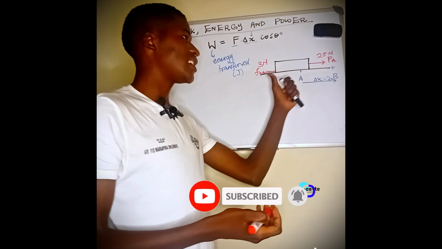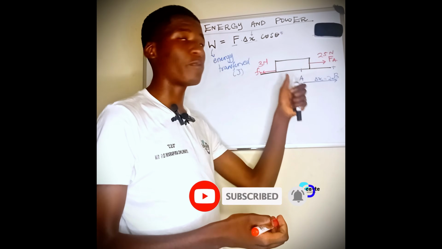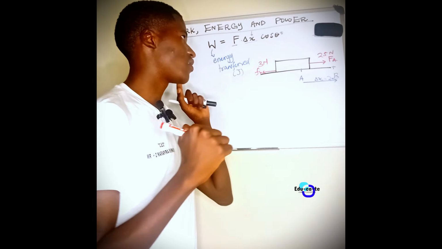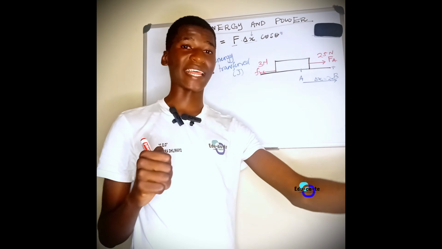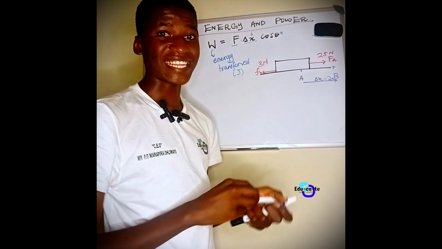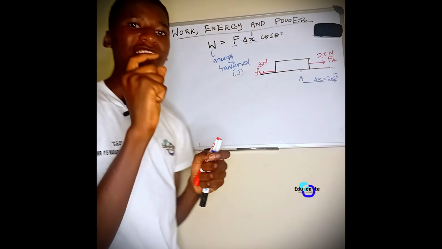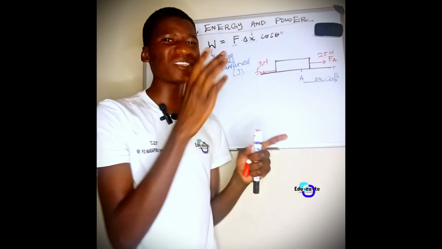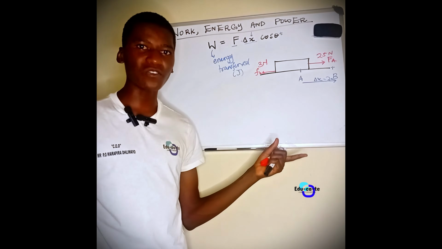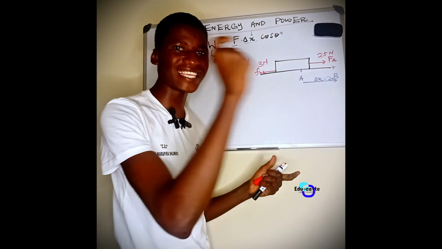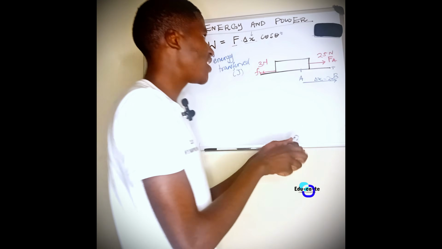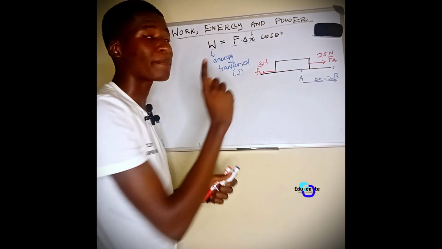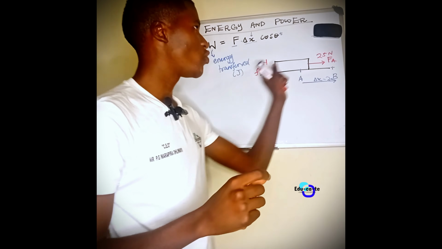Remember, friction is always opposite to the direction of motion of the object. So if the object is going to the right, friction will go to the left. If the object is going to the left, friction will go to the right. To find my work done here, you don't just say work done, you must specify work done by which force, because this work done is not just energy transferred by some random thing. It is energy transferred by each and every force. So we can try to find the work done by the applied force, or we can find the work done by the frictional force.